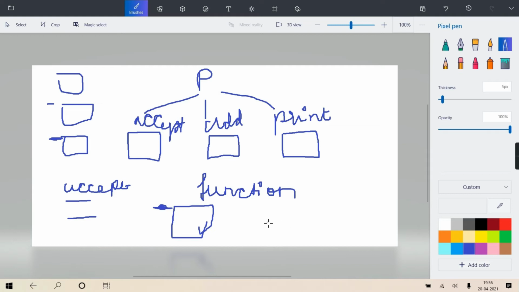Whenever you call it, it will do its designated task or its prescribed task. So can I define a function as a subprogram, or a procedure, or a subroutine, which is a code block with some name, and that code block is performing some specific task whenever called?